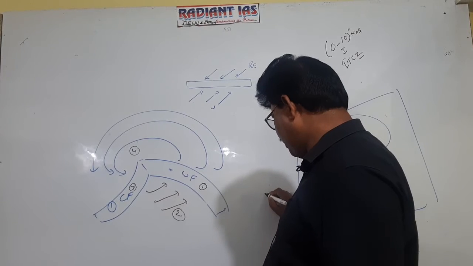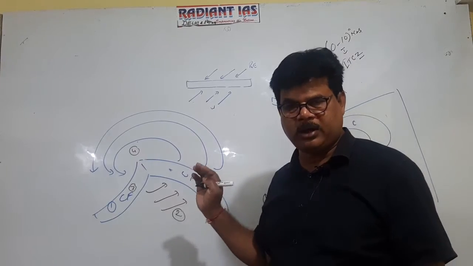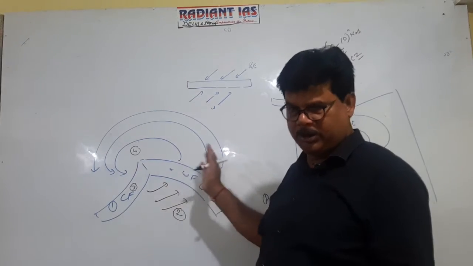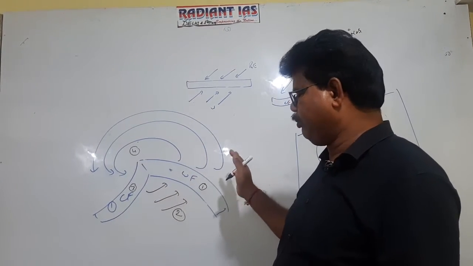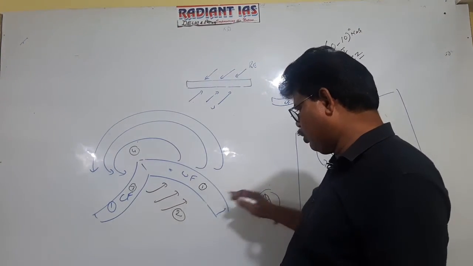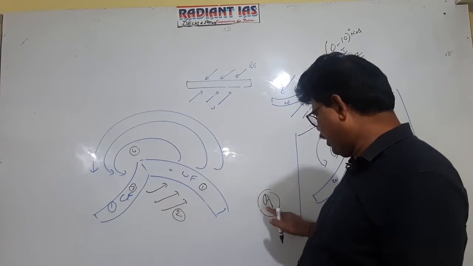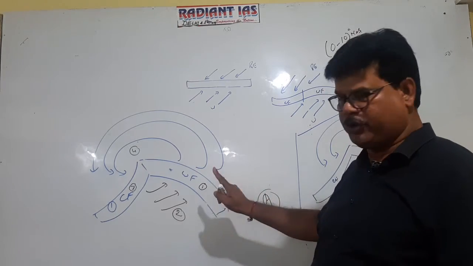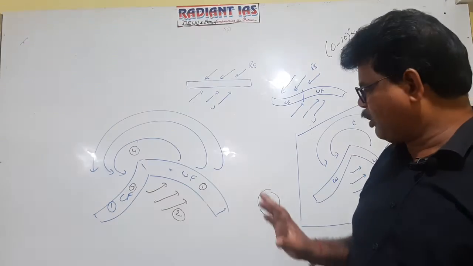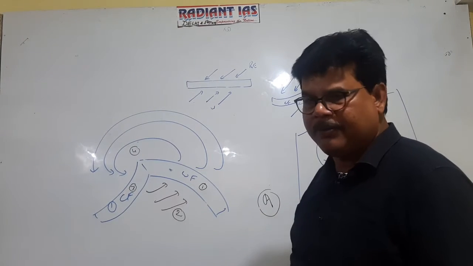Suppose A is the place, and you know that the temperate cyclone remains under the influence of the westerly wind, so it will migrate from west to east, because this is the general direction of the movement of the westerly wind. So if A is the place and the cyclone originates here and migrates in this direction, then A will first come under the influence of number 1, the warm front.